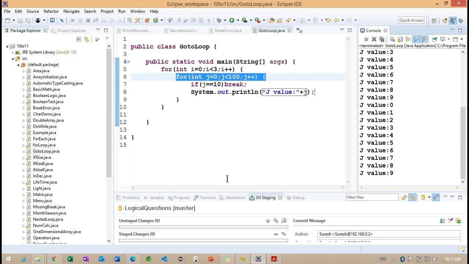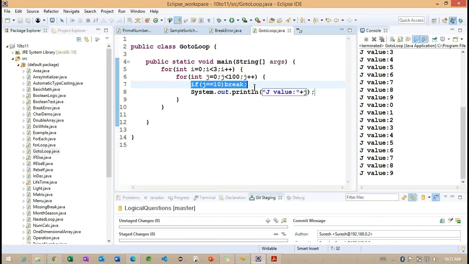I don't want to repeat 3 times, and the j loop also we don't want to repeat multiple times. If this condition is satisfied, I want to come out of both the loops, i and j. Getting the point? I want to come out of both loops here.